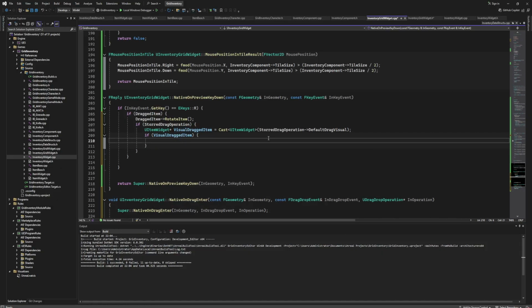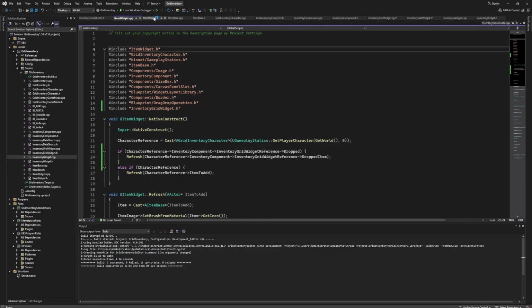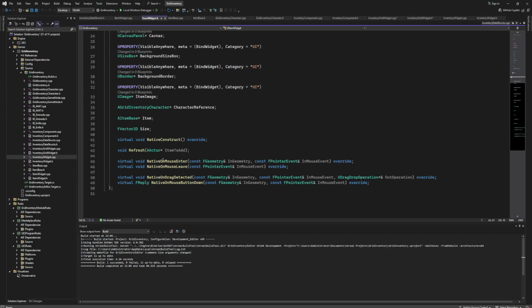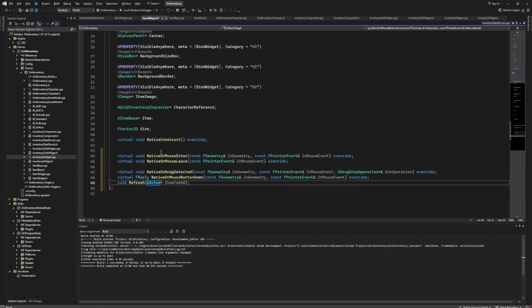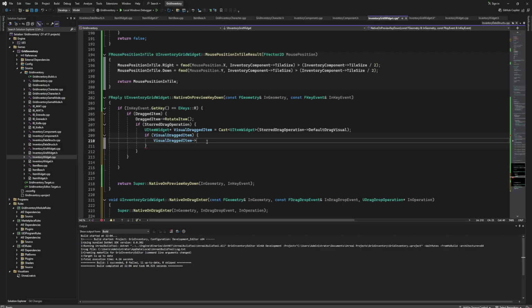And the next thing that we are going to do is get this visual dragged item, and we need to call the refresh function, but there's not any refresh function. I assume that is because it is below the protected, and yeah, it is actually. So I'm just going to set it to be below public. Okay, so below the public, and now if I go back to my inventory grid widget.cpp and call my refresh function, and for the item to add,